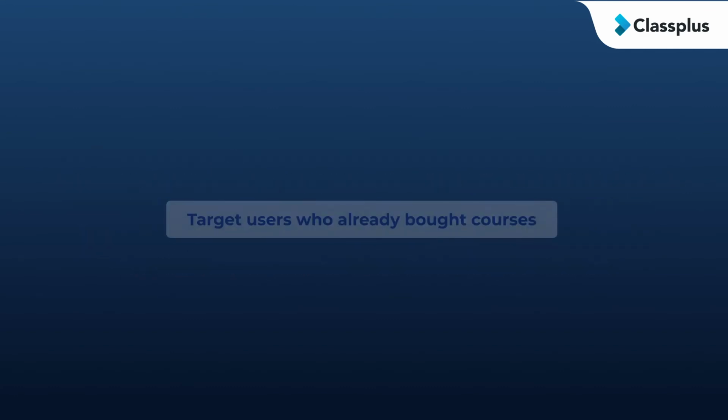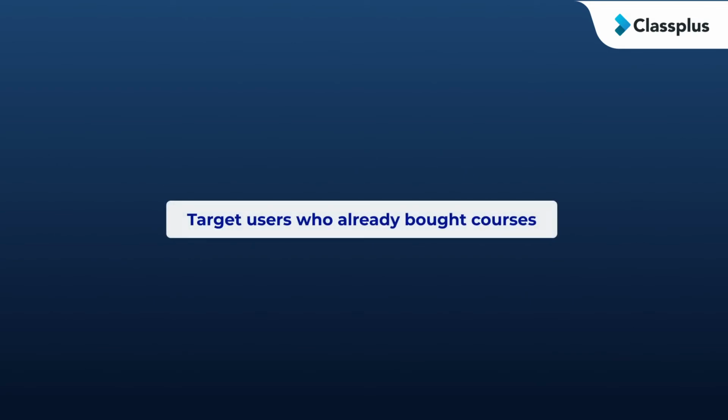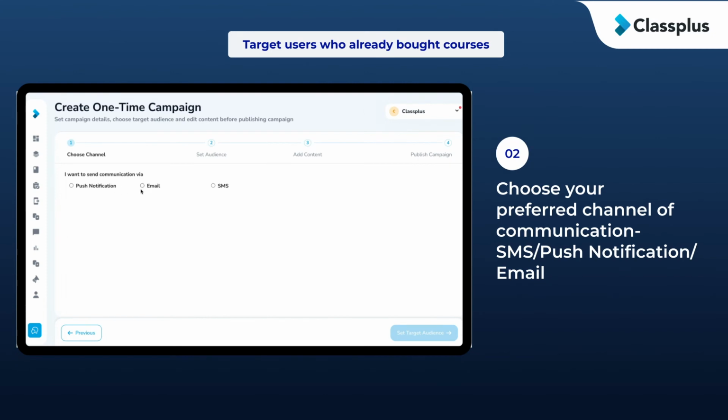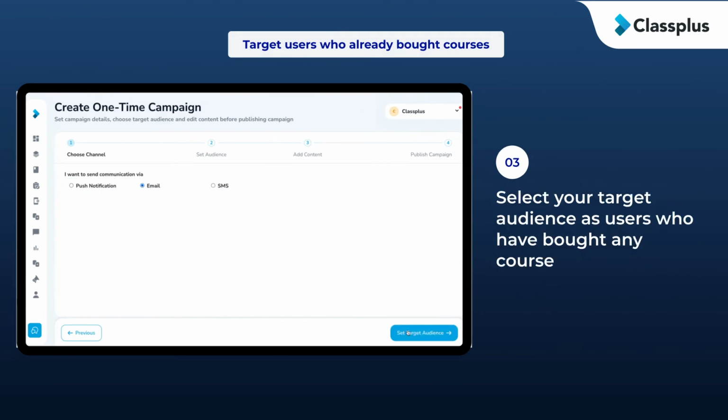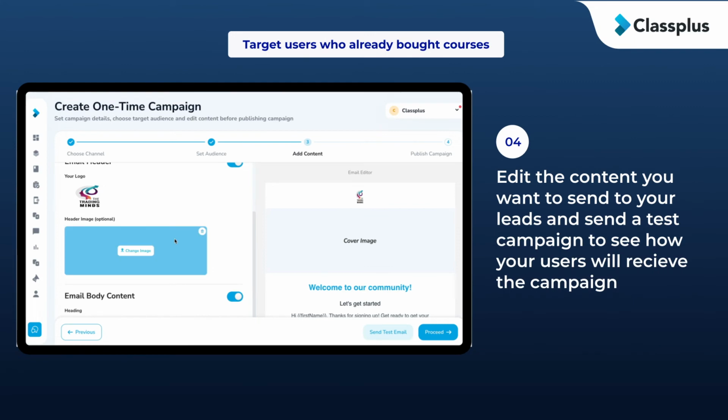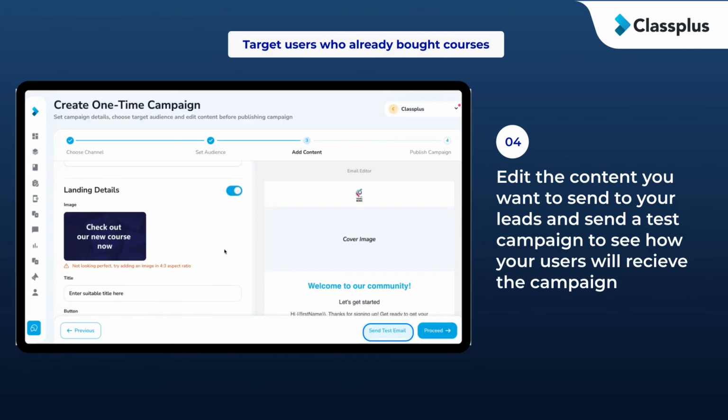purchases. Target users who already bought courses. Click on Create One-Time Campaign. Choose your preferred channel of communication, SMS, push notification, or email. Select your target audience of users who have bought any course. Edit the content you want to send to your leads and send a test campaign to see how your users